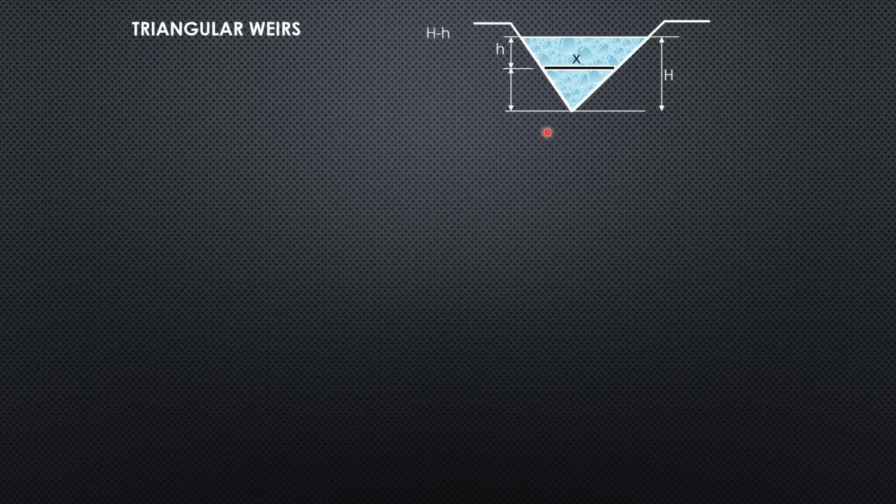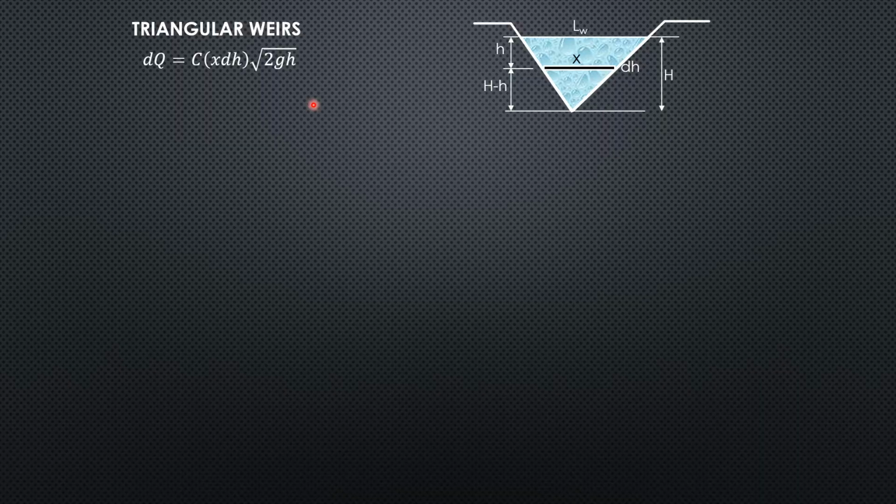So this is big H minus small h. Then the length of the water surface is L sub W. So that's dH, that's L sub W. So differential discharge from Torricelli's formula: C, area is length of this strip, which is X, times dH, then square root of 2gh,